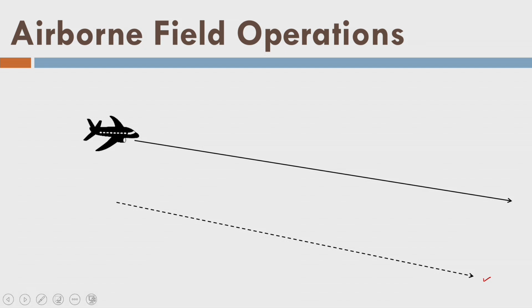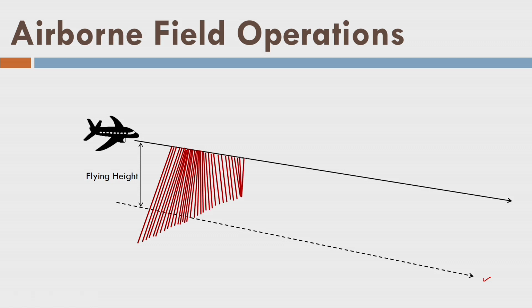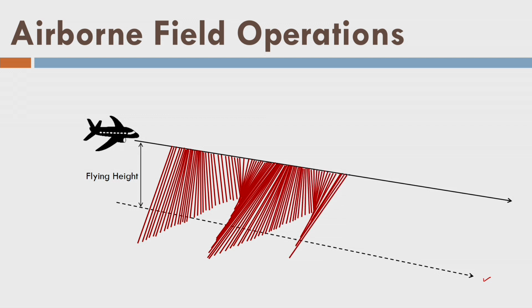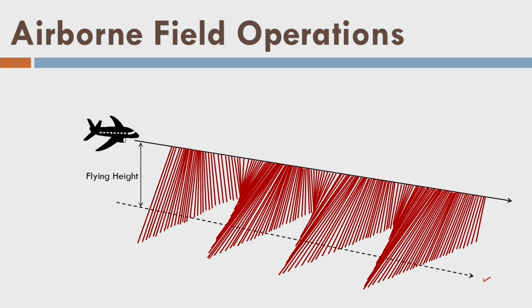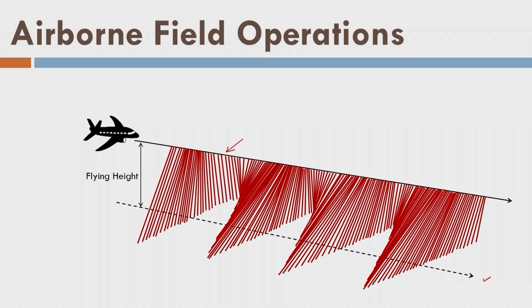So let us look at this by animation. What does it mean? This is my flying height. Now my radar data is acquired by the movement of the aircraft and the operation of the laser scanner. So it is a zigzag pattern, or a jet-shaped pattern, in which we are acquiring the data, right? This is my aircraft trajectory here, and we know the coordinates of this trajectory from point to point, even over a fraction of a second. As a result, we can find out the coordinate of each and every pulse on the ground surface, right? So that is the mechanism one should understand for airborne LiDAR data acquisition.